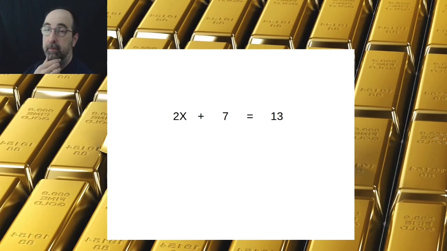So maybe the harder part of this problem is deciding whether to handle the 7 first or to handle the 2 first. What I tell people about that is it would be sort of like trying to get the seeds out of a fruit, like an apple or an orange or a watermelon. You have to take the outside layers off first to get to the inside. In this case, the 7 is farther away from the x than the 2. So I would be thinking that we need to undo the addition of 7 first and then undo the multiplying by 2. So to show my work,